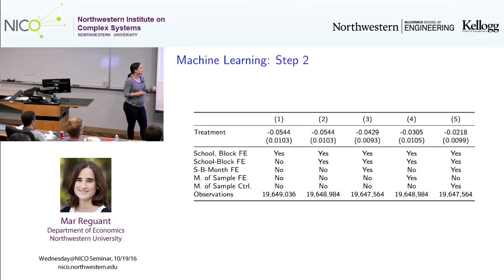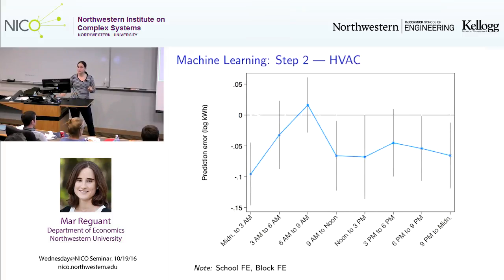Some of them are more stable depending on the specification. Now, importantly, we find that the heterogeneity in the patterns is much more meaningful than before. So here you can see the HVAC savings. And what the HVAC savings are telling us is that most of the savings accrue during the day, which is, to us, more intuitive. We were a bit puzzled by this spike at 6 to 9 a.m. If we went narrower than this, we really find it at 6 to 7 a.m., that positive spike.